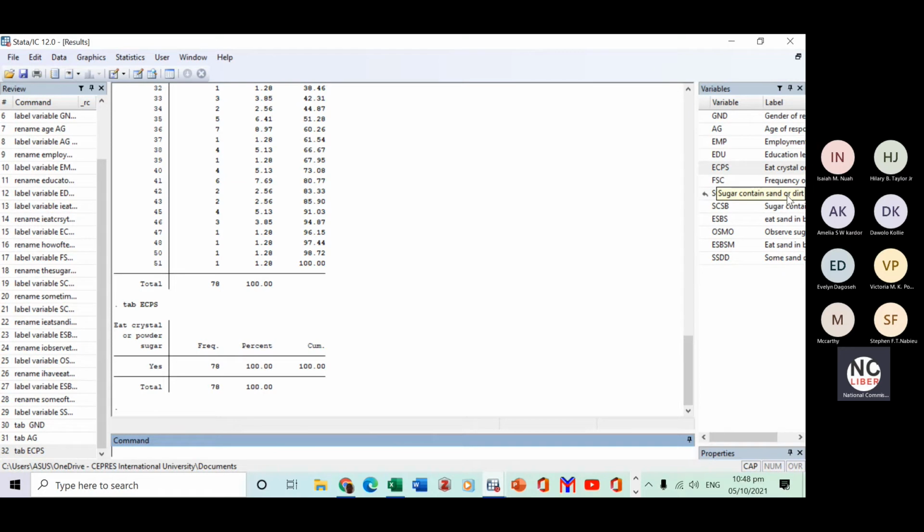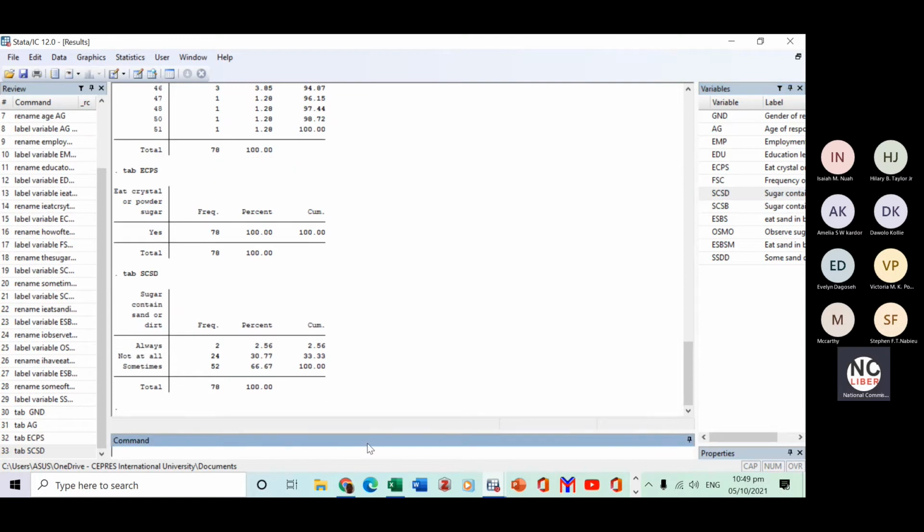Okay, let's look at whether the sugar contains sand or dirt. Let's see how many persons among these people are eating sugar that contains sand or dirt. I don't know whether some of you are experiencing that, but let's see what the respondents to this questionnaire say. So I want to know how many. I say tab, TAB, and then I put sugar contain sand. So see there,